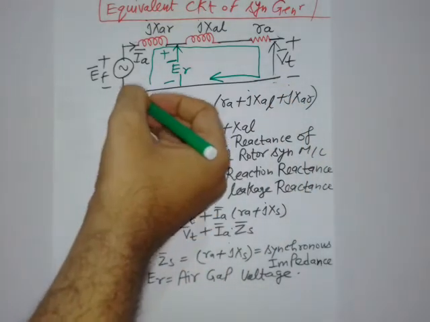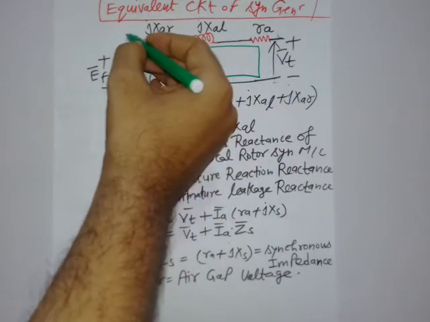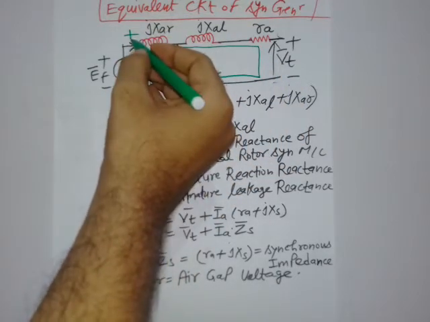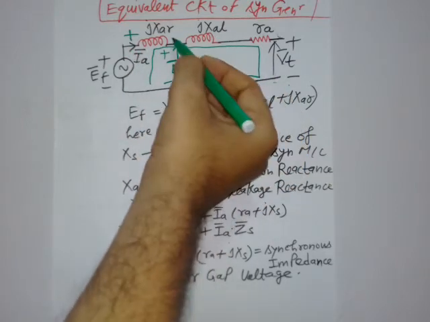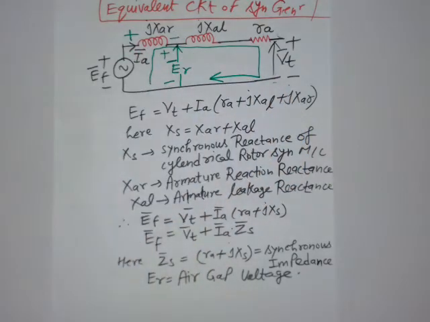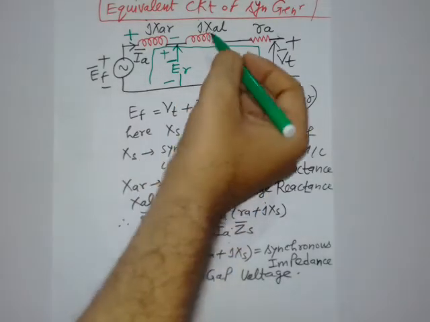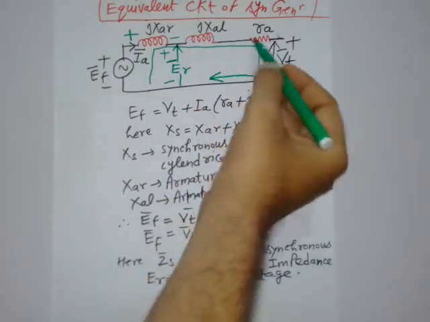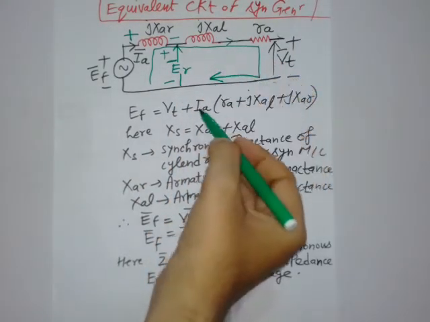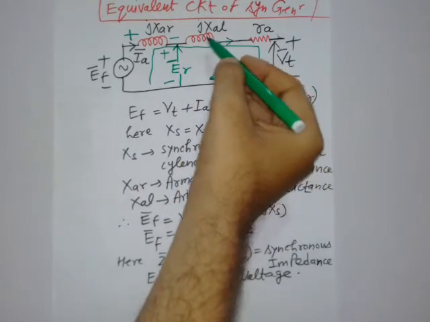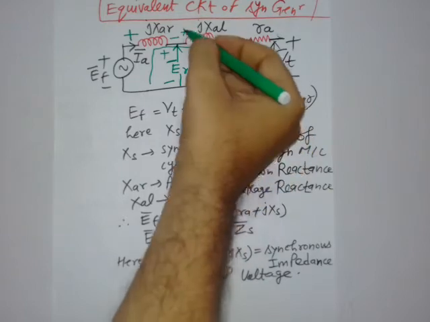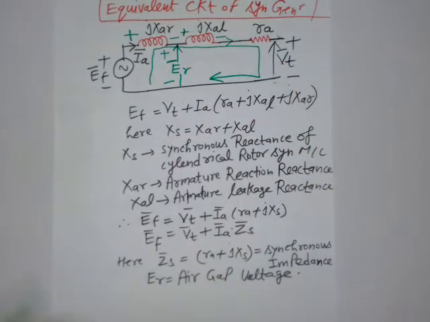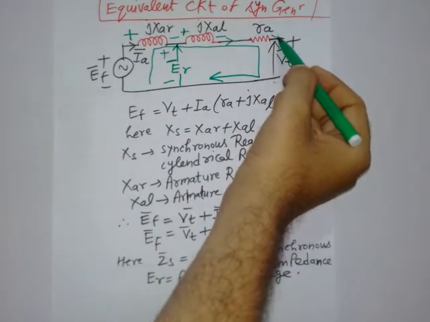In the direction of current flow there is a voltage drop, as per the basic electrical technology first semester convention. Current is flowing like this, so the latter terminal will be negative, representing the voltage drop. Here also, in the direction the current is flowing, this will be the voltage drop, that means the latter terminal will be negative, representing the voltage drop, and this will be the plus sign. Here also current is flowing like this.